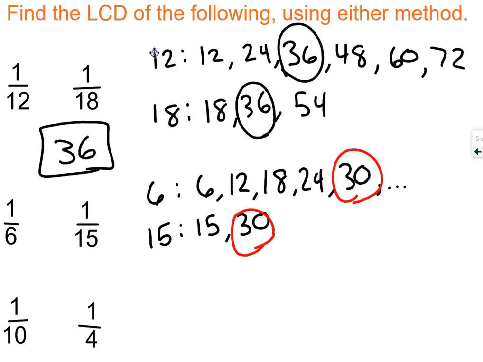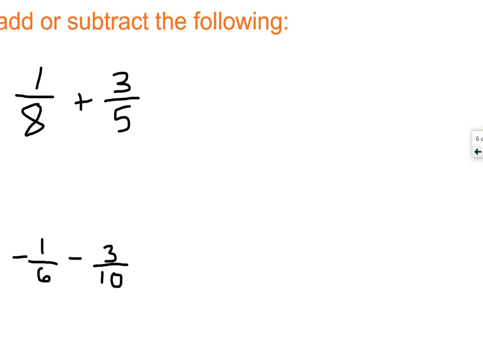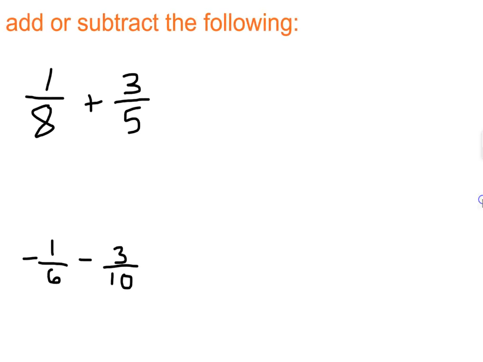Let's move on to the next slide. Let's add or subtract the following numbers. 3/8 and 1/5, we cannot combine these because the denominators are not the same. So let's find a common denominator. Let's use the other method where we just multiply these numbers together. That would give us 40. So 8 times 5 is 40. 8 times 3 is 24. We have 24/40ths. Plus